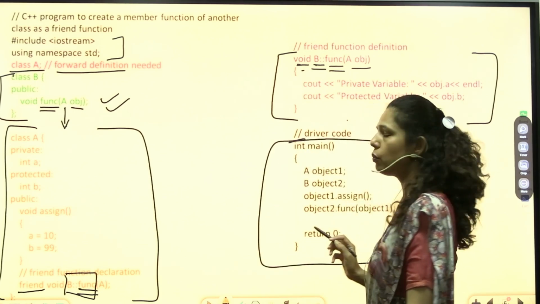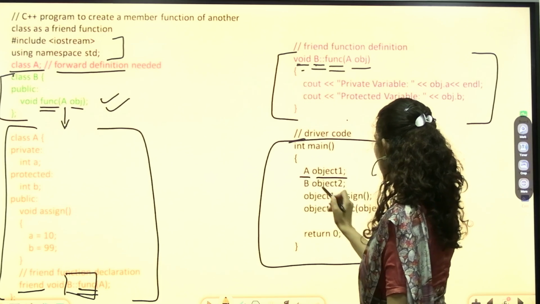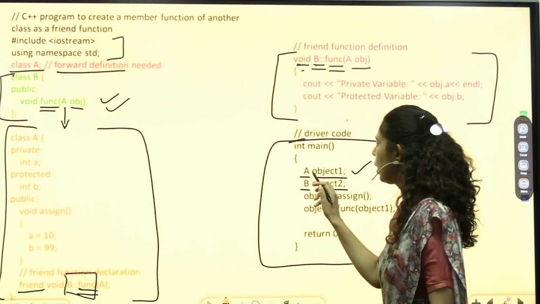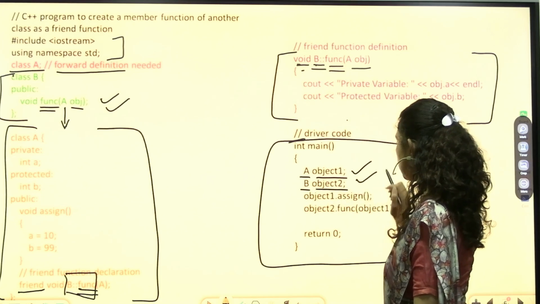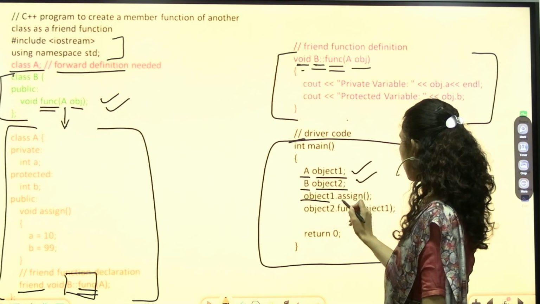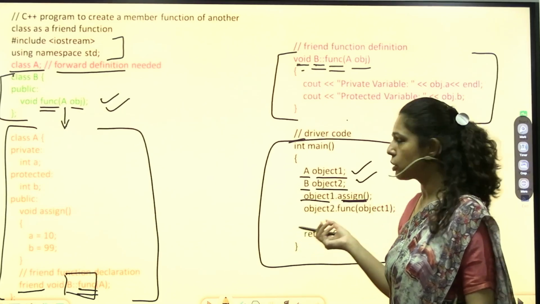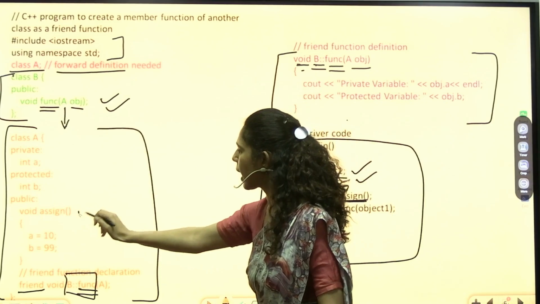Now this is our main section. In the main section, we are creating two objects: object 1 and object 2. The first object that we are creating belongs to class A. The second object we are creating belongs to class B. Using the first object that belongs to class A, we are calling the assign function. So there must be some assign function here in class A. So this is class A, and there's an assign function here.